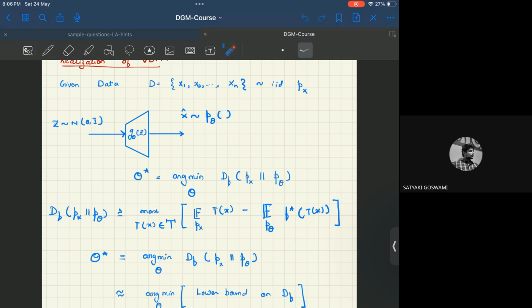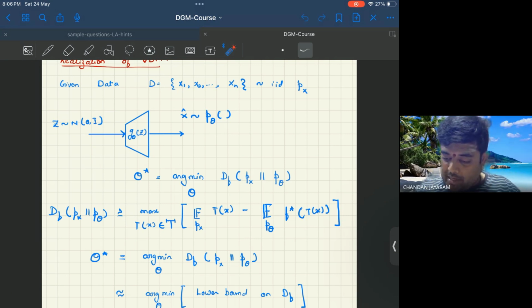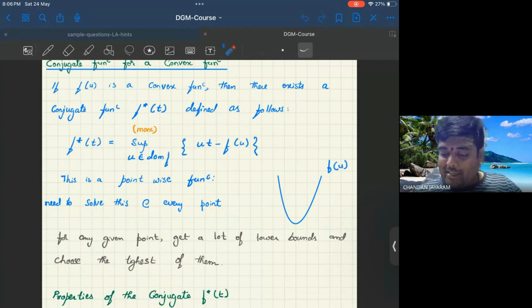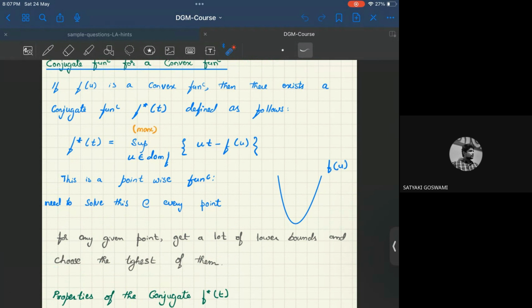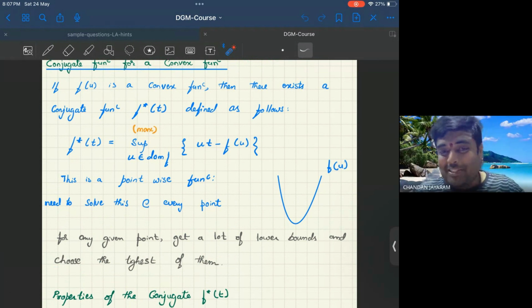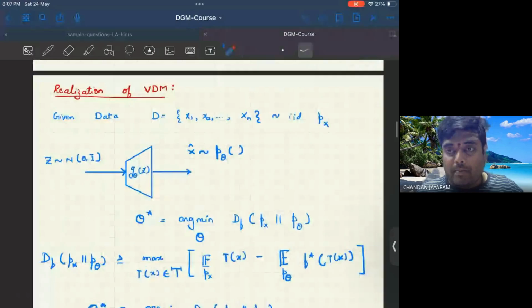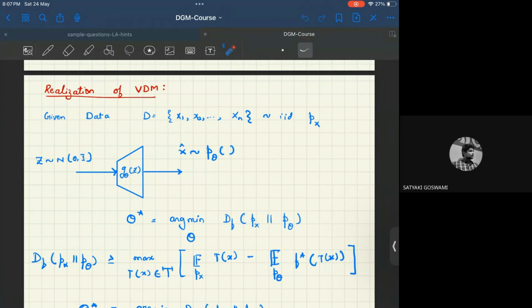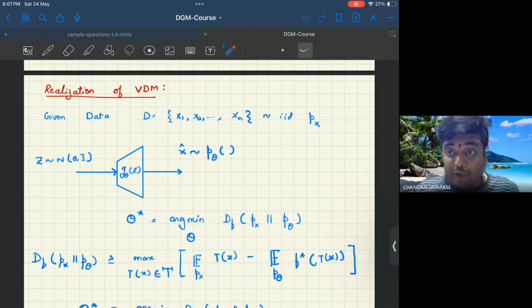Sir also makes that point. If you see the one that I'm currently pointing at, he writes supremum and then in brackets he writes max. Now for all practical purposes, we can take supremum and maximum as the same. If you want to know the difference between maximum and supremum, there are Wikipedia pages available that will help you. For all practical purposes, it is the same for us.